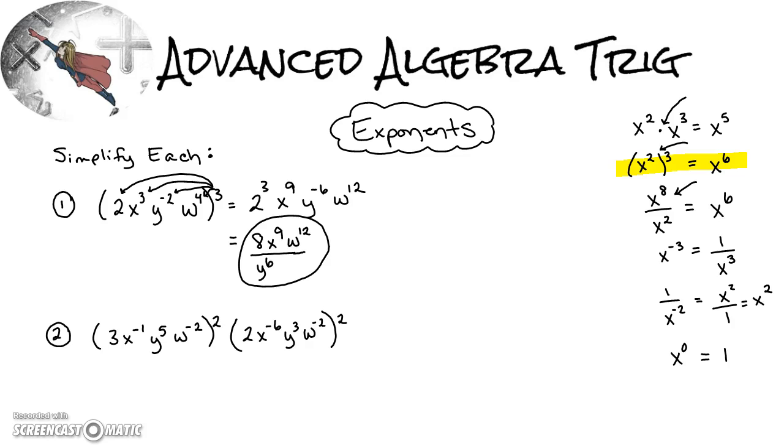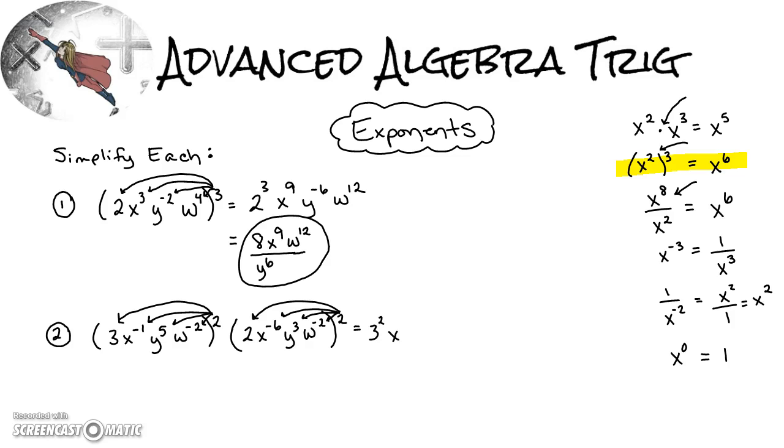Now in number 2, I'm kind of adding on, like making the difficulty a little harder with each problem. We still have to distribute the outside powers to everything first. So that 2 is going to go to all of those, and same thing in this parenthesis. And then I'll have a whole bunch of multiplying to do after that. So if I do all the distributing, I will have 3 squared,